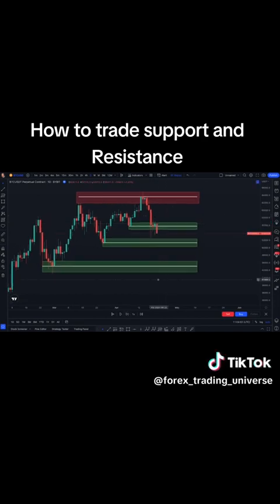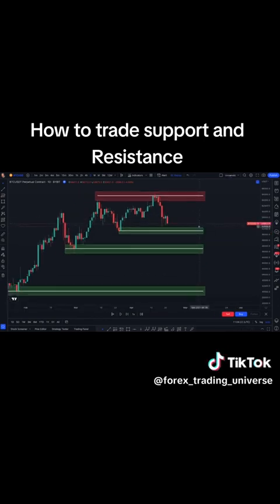So we keep waiting. We now broke down below the support range, and this is definitely not a good time to enter a long position. So now we can actually remove this support range from the chart because it's no longer relevant. And usually when we break through support lines, the support can now act as a resistance